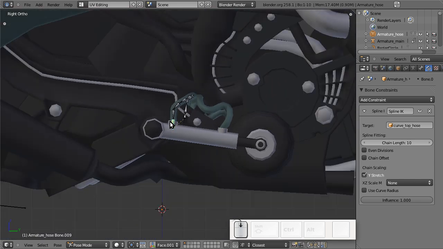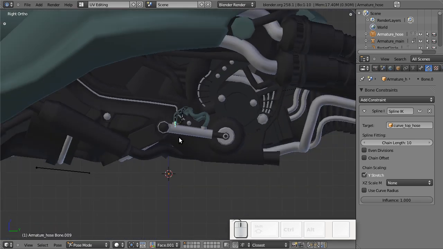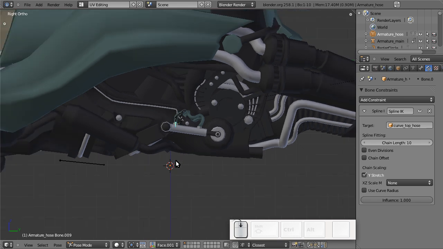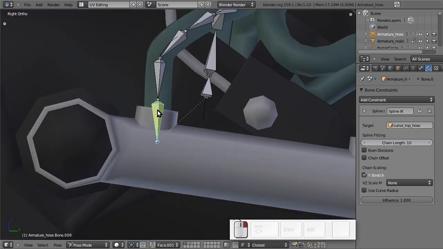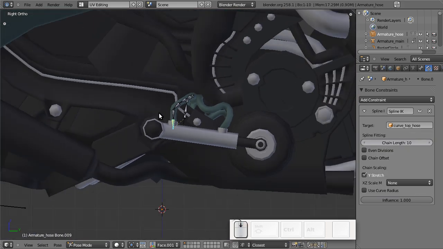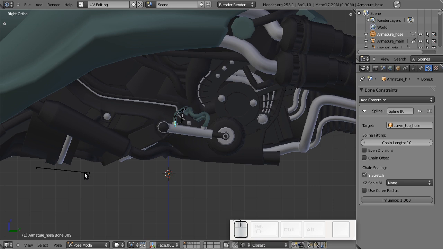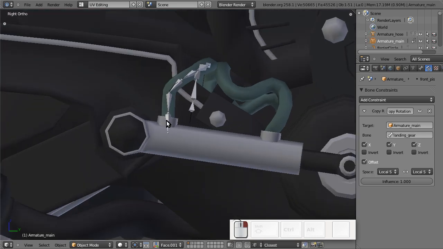So the solution to that is to actually have two armatures, one for the hose and another to control that. And for the control bones, we can actually use the armature we already had in place. So we're gonna have to add control bones to this. But before I do that, let me just,